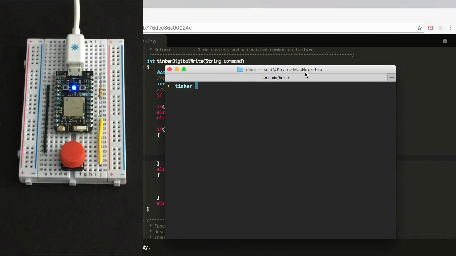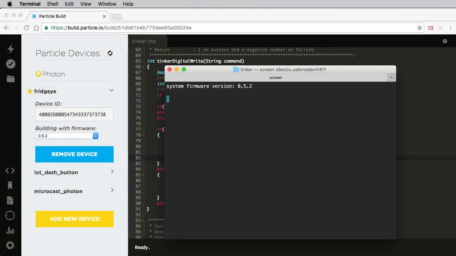On my Mac, all I have to do is type screen /dev/cu.usb, and then I can hit tab, usbmodem1411. That is my Particle Photon, and hit enter. And now all I have to do is press V for version. Now, if you're on Windows, that's no problem. You can use a utility like PuTTY to accomplish the same thing. So you can see that currently I'm running system firmware version 0.5.2, but I really want to play with this